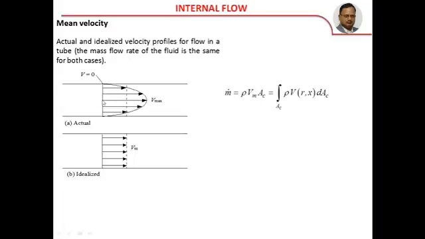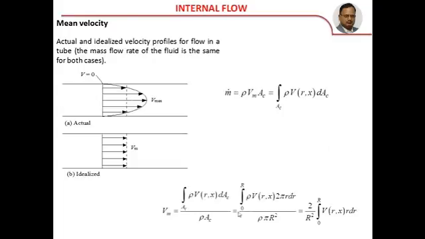The flow through this is rho AV, rho into cross-sectional area of the pipe into average velocity. And the flow through this is, take an elemental strip and elemental area dA. So rho into V into dA, integrating between the limits 0 to Ac. Now if you closely look at it, Vm equal to integral Ac rho V dAc by rho Ac,